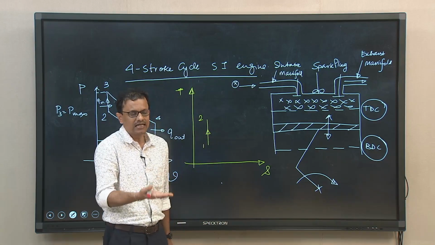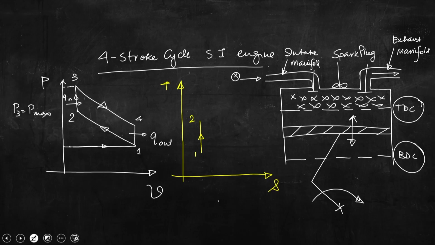So, constant volume heat addition. If it is constant volume heat addition, you can understand the pressure is becoming maximum and that heat also will increase the temperature, so the temperature also will be maximum. So, this is T3, and this T3 is T max,